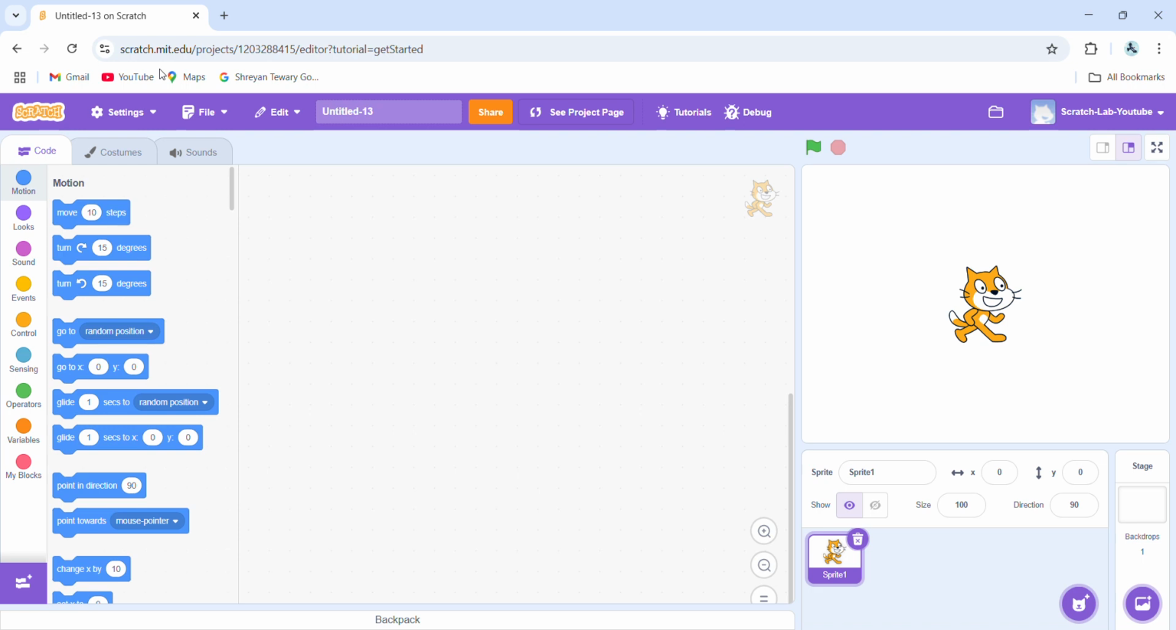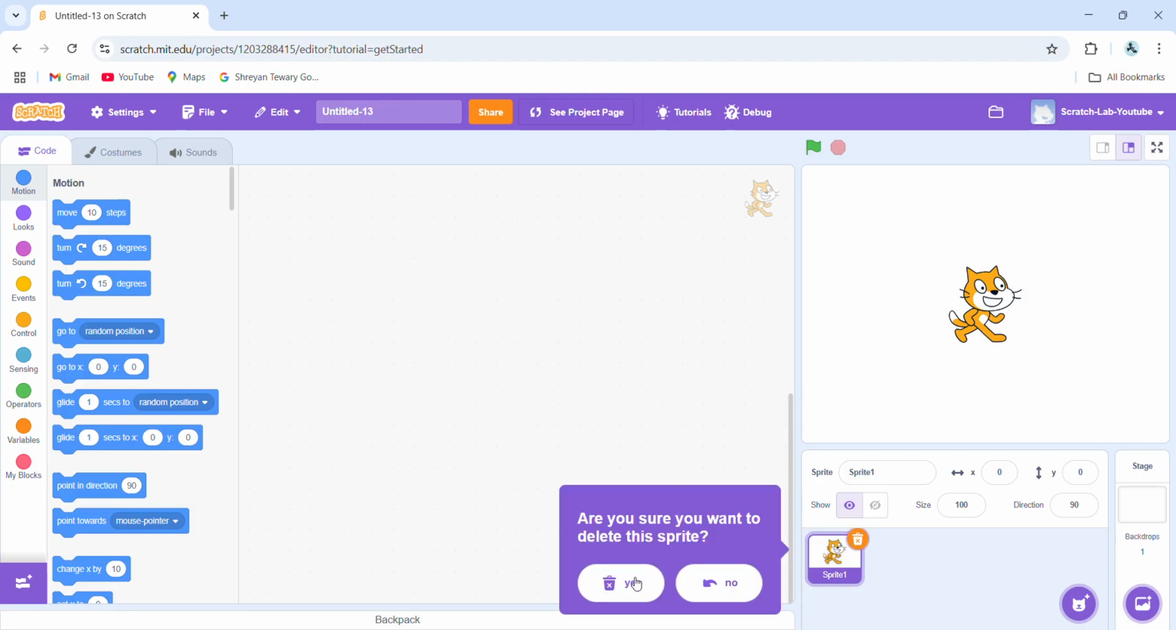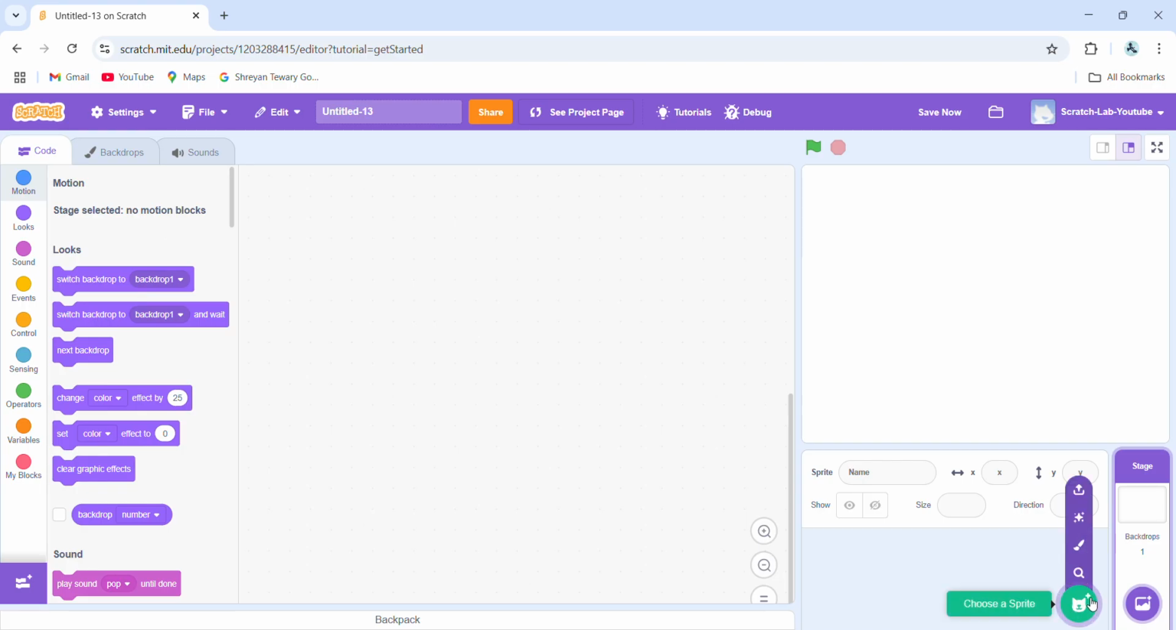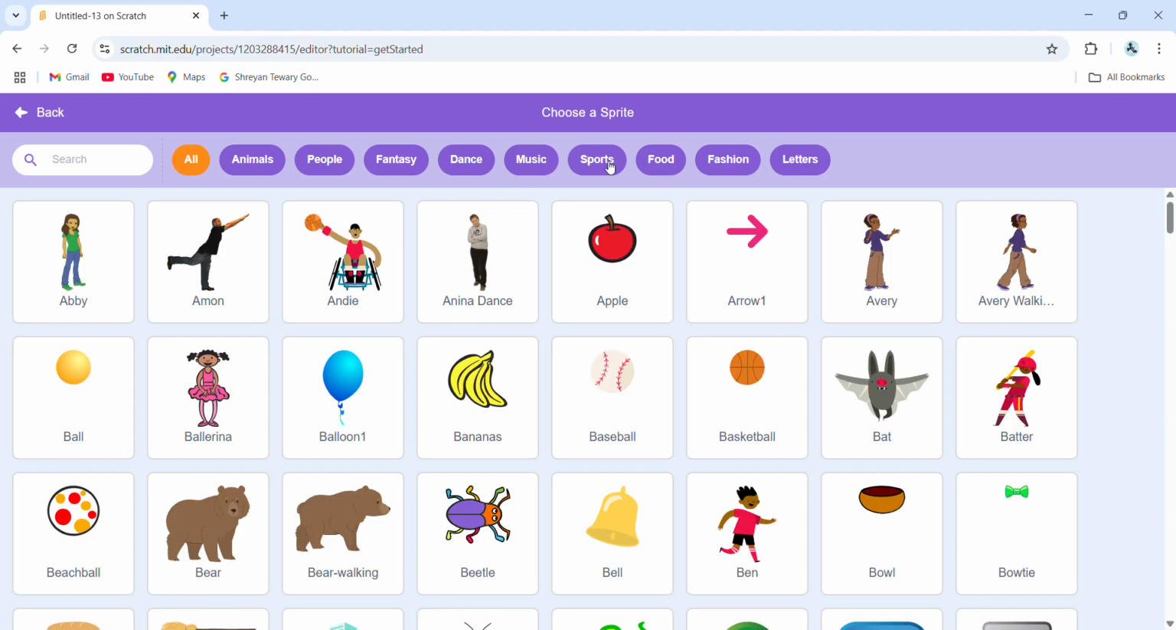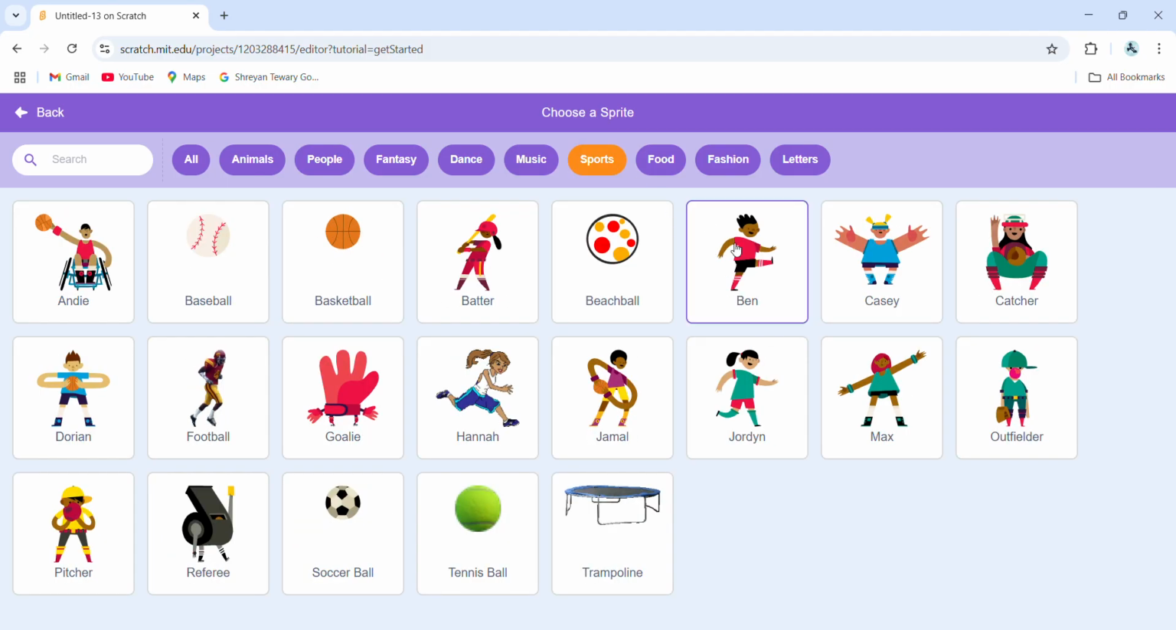Everyone, today we are gonna learn how to create a football game in Scratch. Let's begin. First of all, we can start with deleting Sprite 1, which is a built-in. Next, we can choose a sprite from the option right here. Now you can go into Sports and choose Ben